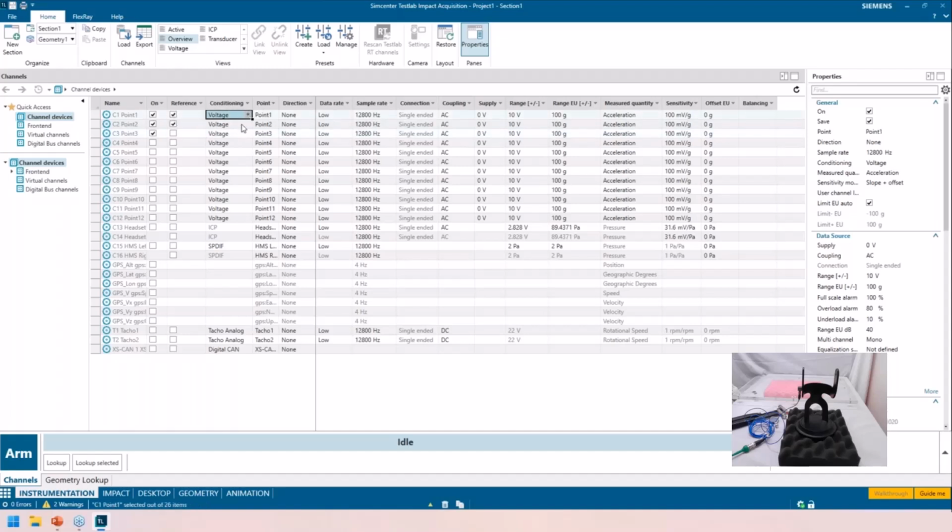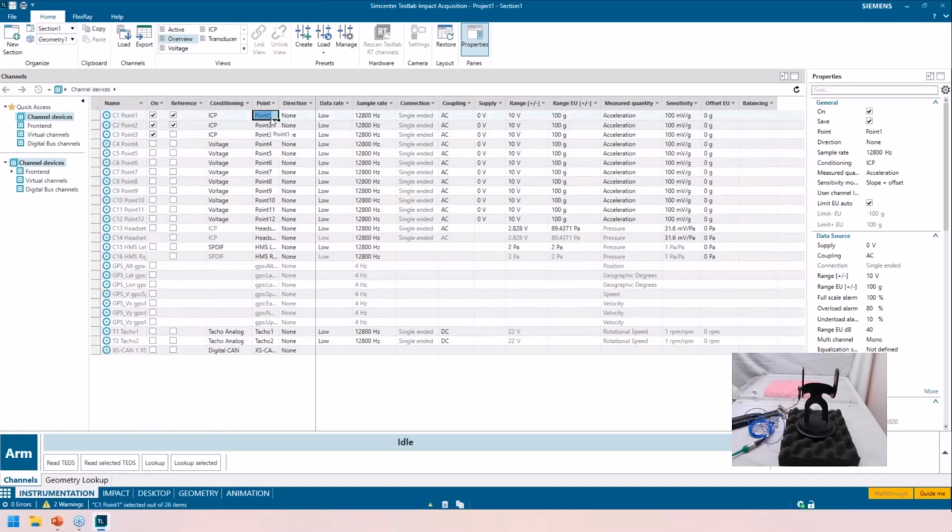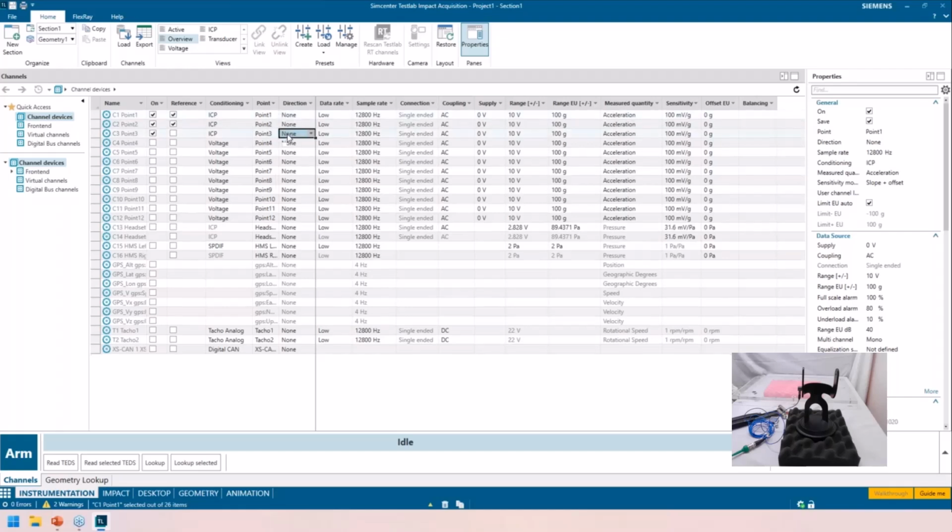So I have 2 references here. I'm going to turn my conditioning very quickly to ICP. Now, normally, if you were in Classic, you would set the direction and the point here. We are asking you not to do that because there's a dedicated portion for the hammer to do this. So if you do this, it could end up getting screwed up. So don't set your hammer stuff here. And then there's a special spot to set your accelerometer location. I'm going to set these to force. This should all look very familiar if you're used to our other software. And I'm just going to type in the sensitivity values really quick. I could read the TEDs, but I want to go a little quicker. Okay, so here's my setup.